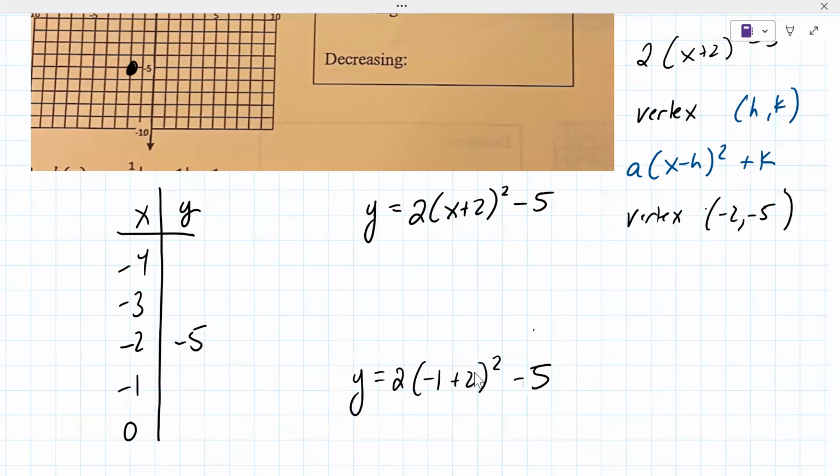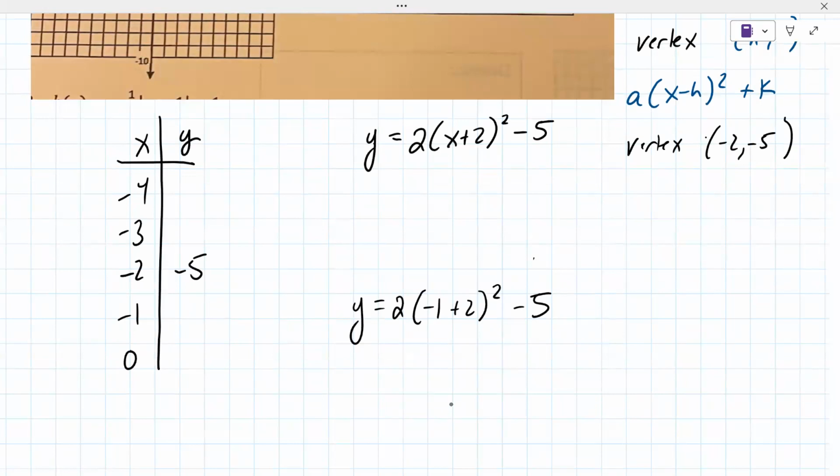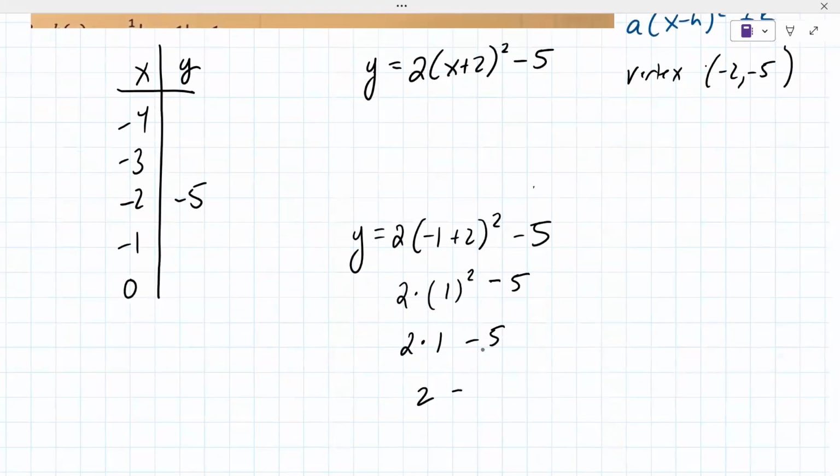Two squared is 4, right? I'm lost. So -1 plus 2, what does that become? 1. So it's 1 squared. What is 1 squared? 1. 1 times 1 is 1. 2 times 1, 2. Minus 5,